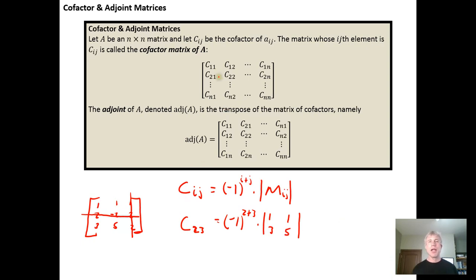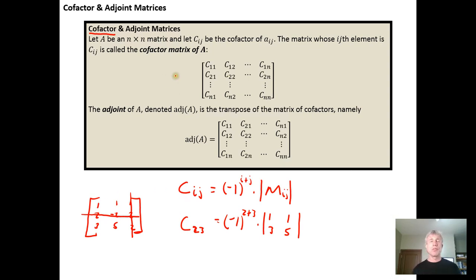calculation through. The cofactor matrix is a matrix that contains all of the cofactors for a matrix A. So you have the cofactor number for row 1, column 1, row 1, column 2. You fill out the entire matrix all the way through row n, column n. You put the cofactors in, and this is simply the cofactor matrix. And the cofactor matrix is going to be useful in terms of defining a formula for